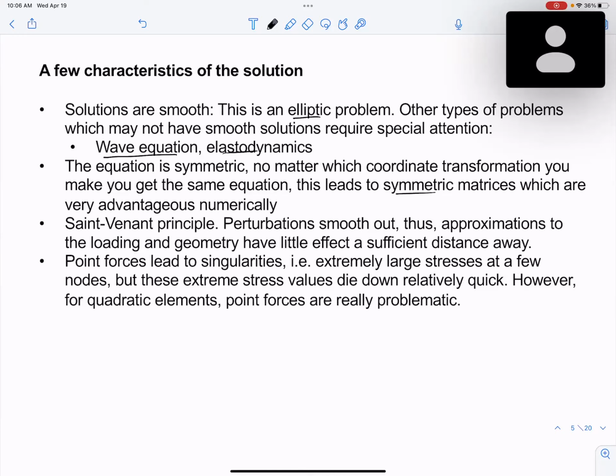efficient. This symmetry can be broken if you have some different types of coupling with other physics that we haven't talked about. And when you break the symmetry, you need to worry about not just computational costs, but also stability. But for our purposes, we don't need to worry about that. There's the Saint-Venant principle that perturbations smooth out. This one is actually important,